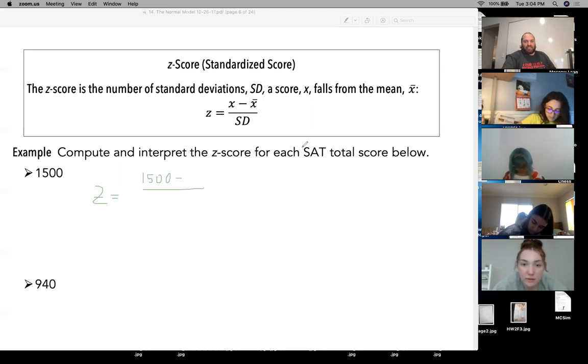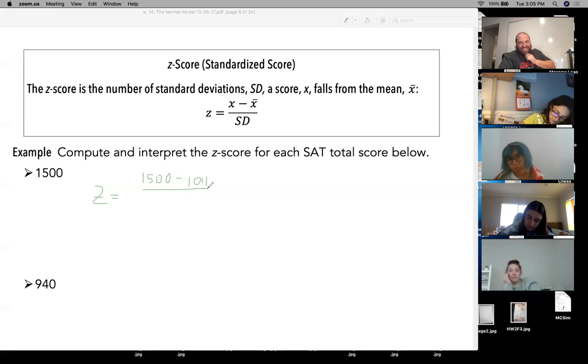Yeah, because it's the SAT score example. So what was the mean for the SAT scores? 1,011. What was the standard deviation for